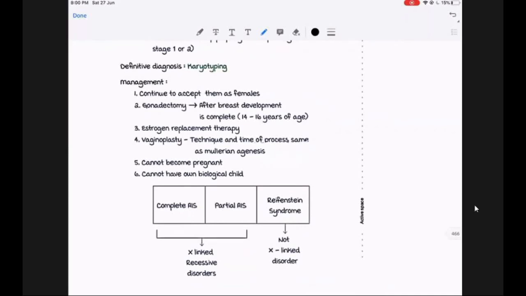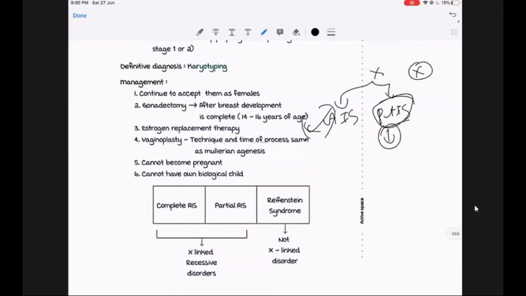Okay, here you need to know that androgen insensitivity has two things. One is X-linked and the other one is not X-linked. X-linked, there are two types: complete androgen insensitivity and partial androgen insensitivity. Now let's discuss complete androgen insensitivity. Done. Partial androgen insensitivity becomes a little tricky. Why? Because